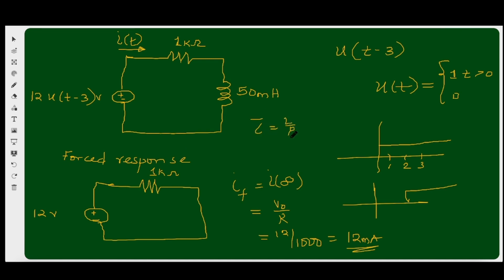L over R. So L is 50 times 10 raised to the power minus 3 and R is 1000. So that will give me 50 times 10 raised to the power minus 6 seconds. So this is the time constant. So if I want to write the equation right now, I will have